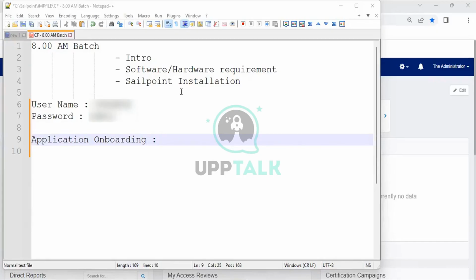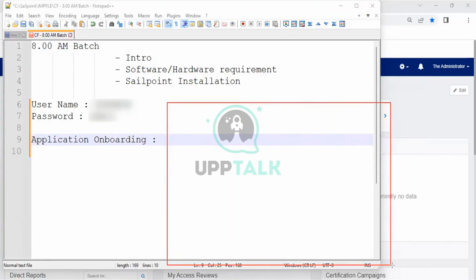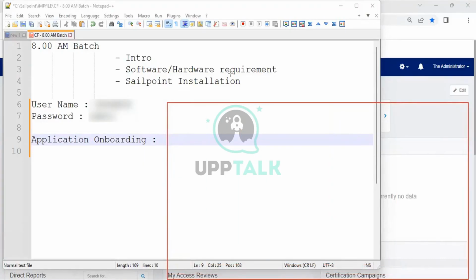Let me draw something. Let's take an example. Tool. This is going to be SailPoint. As of now, it's a clean slate.